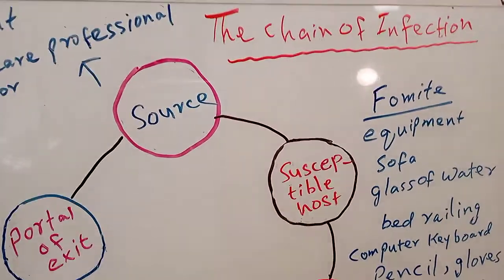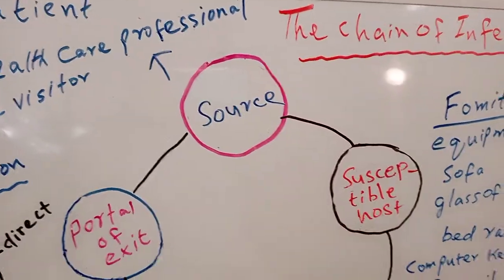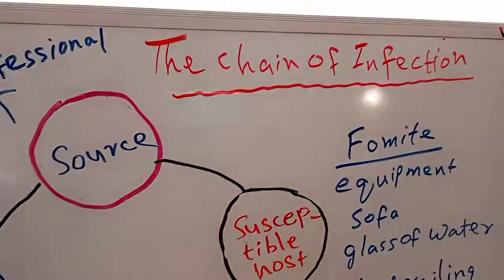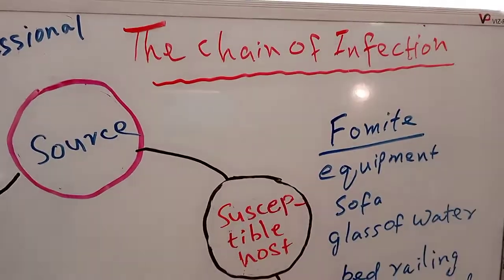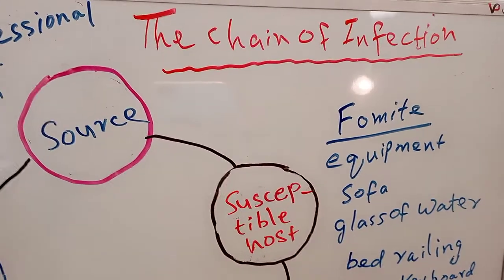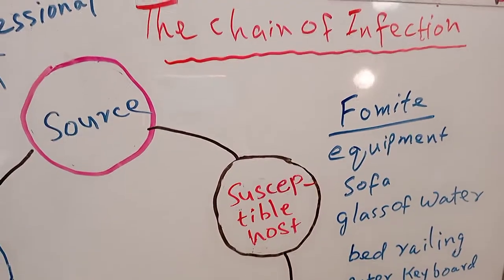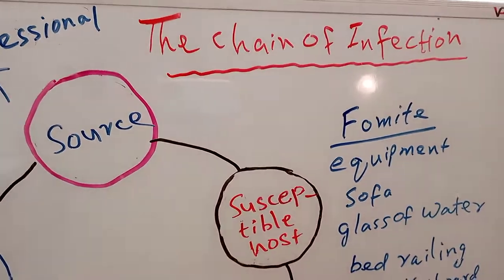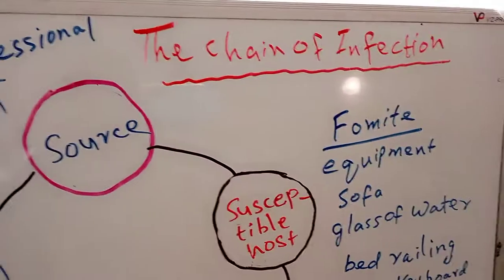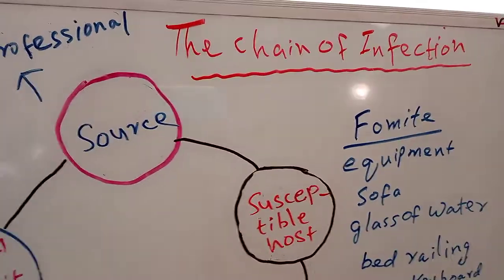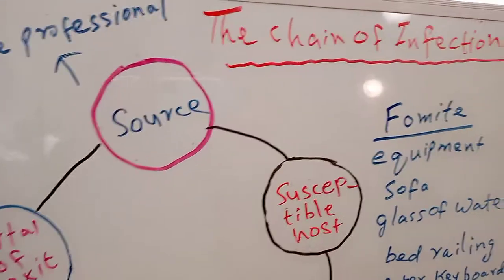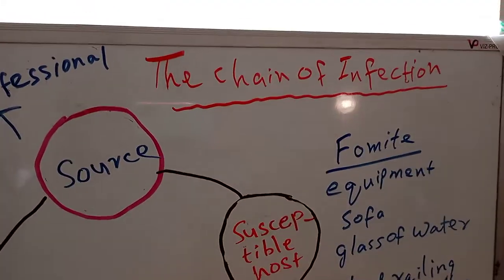Today I am going to talk about the chain of infection. Infection means the entrance or presence of microorganisms, or pathogens, in the body. These pathogens can be bacteria, viruses, fungi,